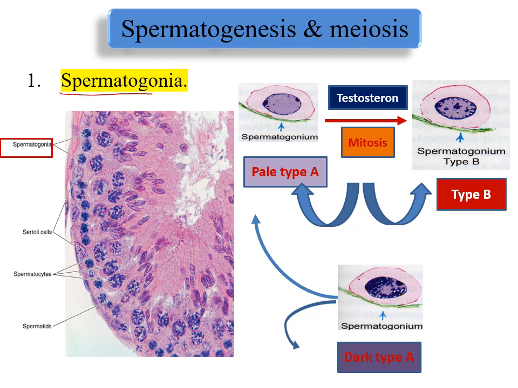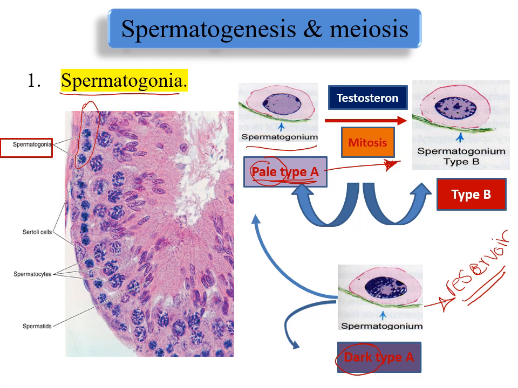This is the spermatogonia. The spermatogonia are present in the basal compartment of the seminiferous tubule at the base. The spermatogonia, you have pale type of spermatogonia and dark type of spermatogonia. The dark spermatogonia are reservoir. Whereas the pale type spermatogonia, they are the types that would enter